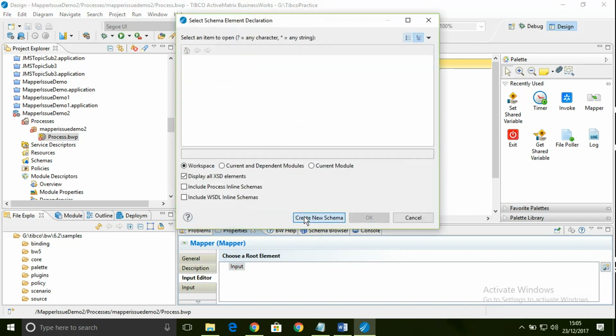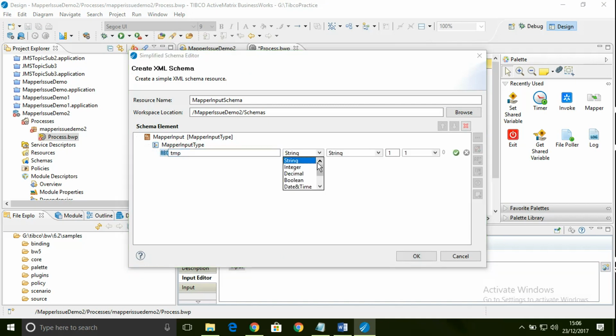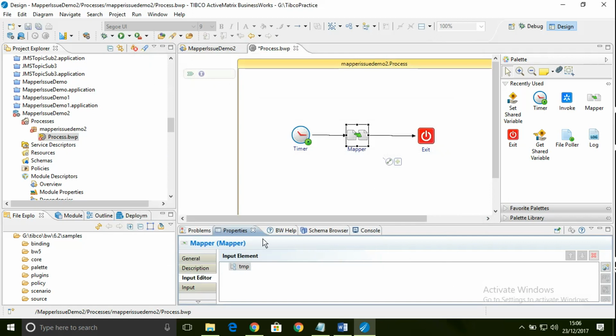So create the new schema, and I'm creating a new type and adding an element inside that, which is nothing but TMP. I'm making it an integer. So just for testing I'm adding this.